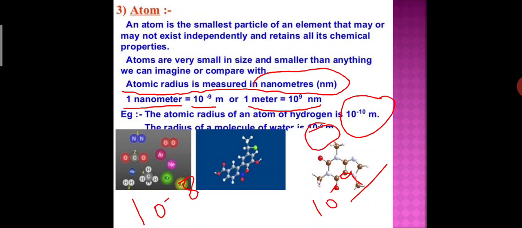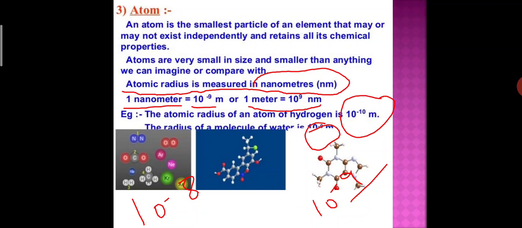So we are discussing the size of atoms. You might think that if atoms are so insignificant in size, why should we care about them? Because our entire world is made up of atoms. You may not be able to see them, but they are there and constantly affecting whatever we do. Through modern techniques, we can now produce magnified images of the surfaces of elements showing atoms.